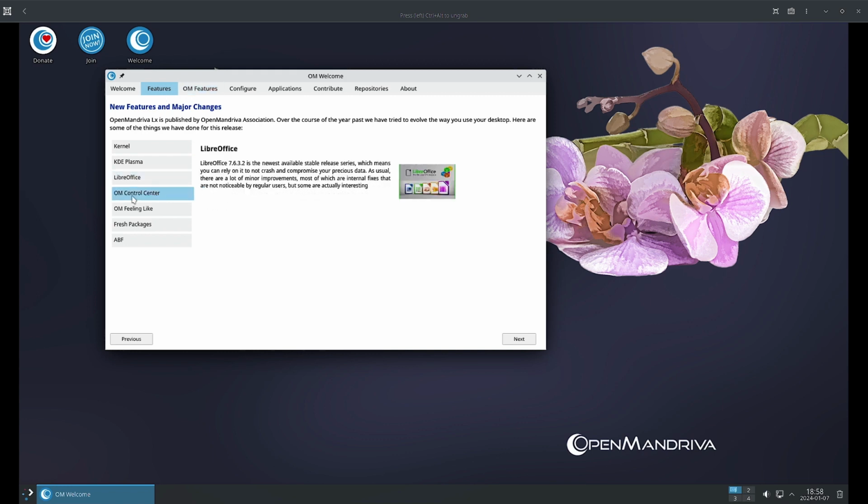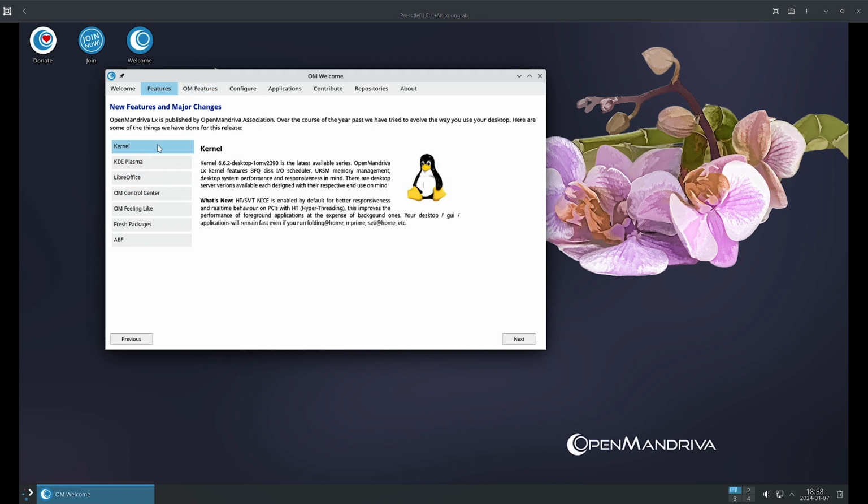So you can see the kernel used is the latest one, 6.6.2. It has got the BFQ disk IO scheduler, UKSM memory management, desktop system performance and responsiveness tweaks. The desktop and server versions are available, each designed with the respective end user in mind. The SMT nice is enabled by default for better responsiveness. So these are a group of tweaks that are added to the CPU scheduler to make the system more responsive